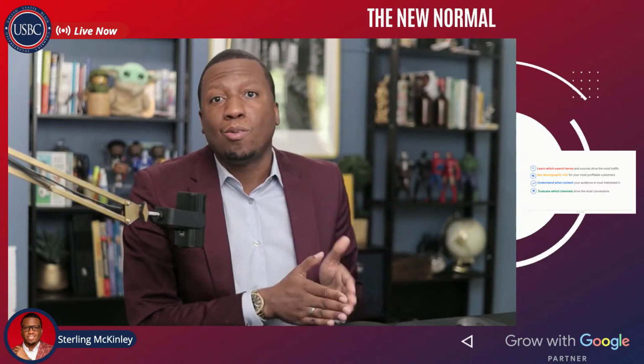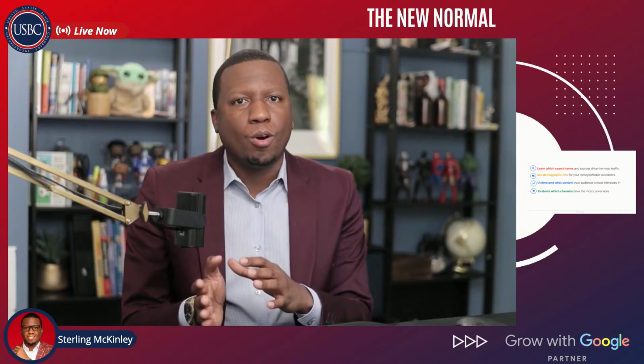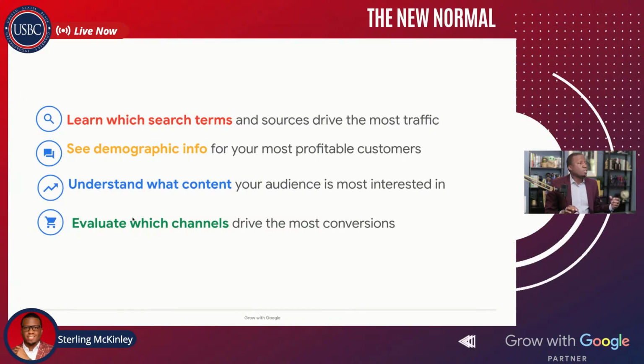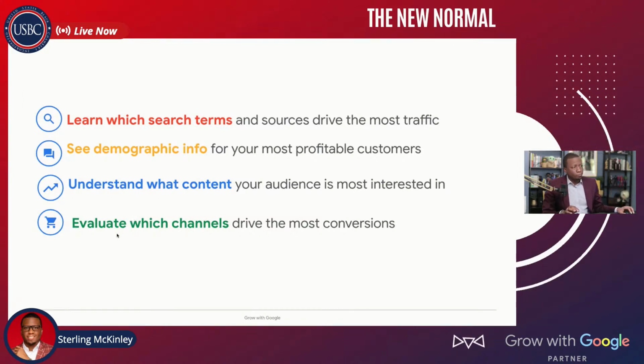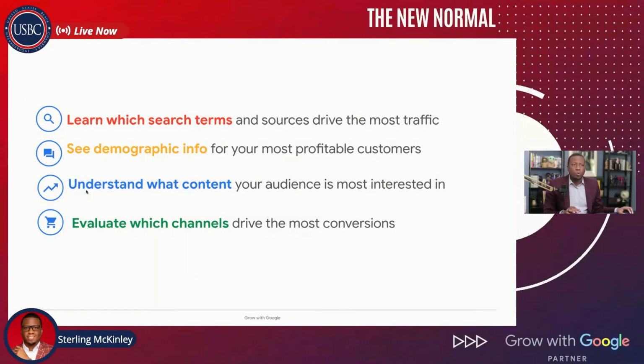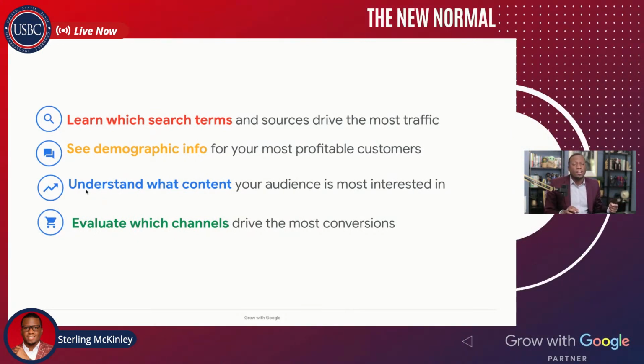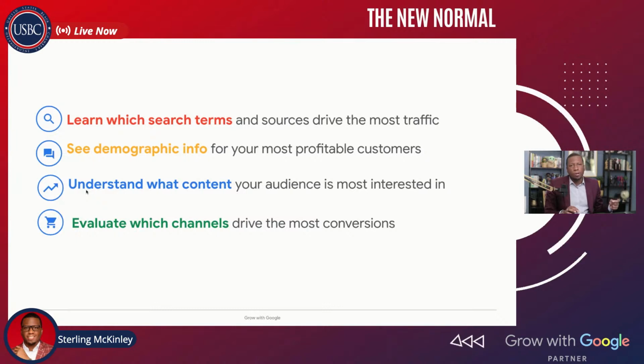And once again, that's so important because once you know what works, you can shy away from the things that don't work and spend more of your time working on the things that actually work for your business. So that's so key. So once again, I'll put it on the screen again, but these are the things that analytics can really do for your business. They can help you learn which terms people search for. They can help you get an understanding of your customer. You can understand what content works, and you can understand what channels, what form of digital marketing is making the most money for your business.